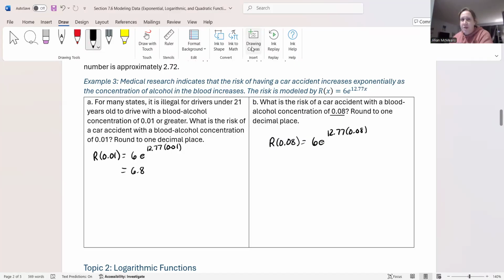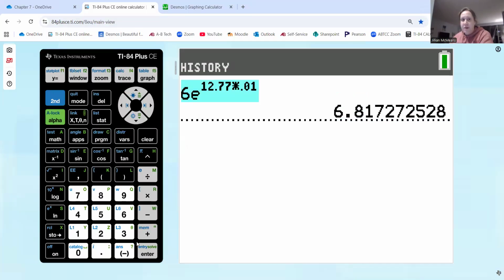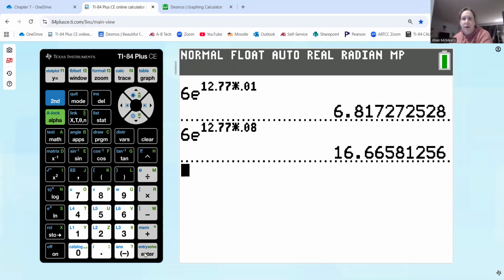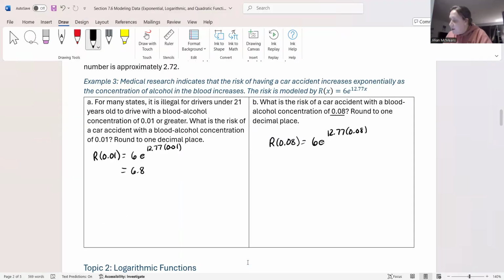And we can do that thing where we just jump up and grab the old function. All I need to do is type over the 0.01 and make it a 0.08, and then hit enter. If we go one decimal place, we get 16.7. So go back to the calculator, and we can see here that with a blood alcohol of 0.08, the risk is 16.7. So let's say there's a 16.7% increase in accident risk if your blood